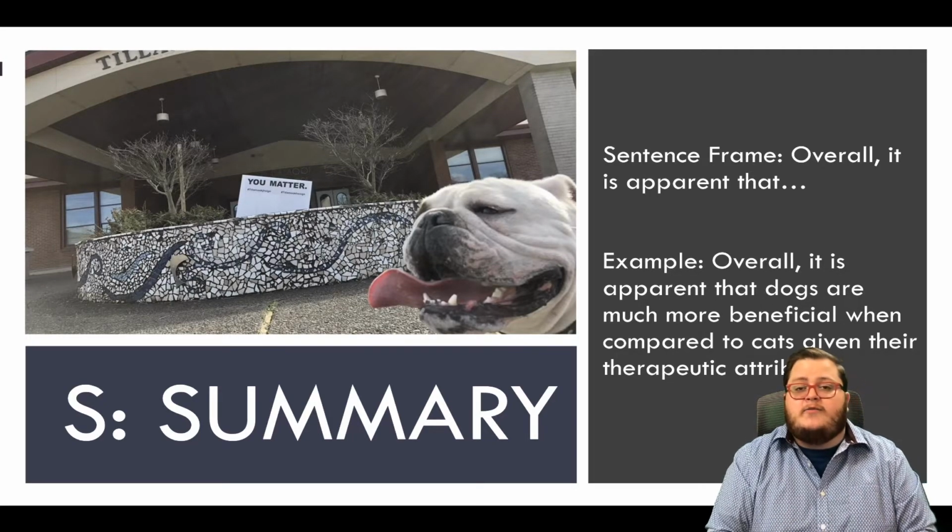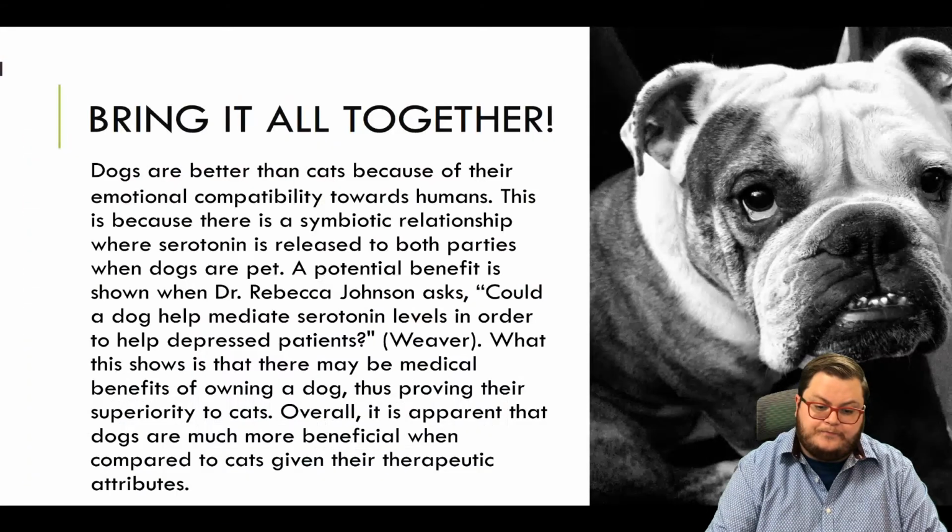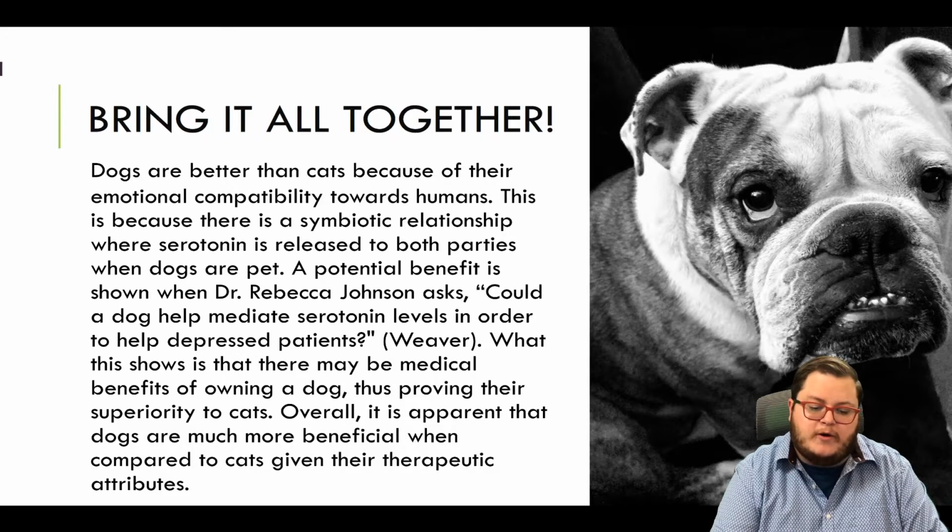Again, you can spin it in any other way. What about cats? How they have their own dependency and we don't have to take care of them as much. There are benefits to cats as well. Just whenever you're building a paper, the easiest thing to do is specify what it is. The more that you go into using both sides, it's more difficult to have your argument be built. It's not impossible, and it does work if you know what you're doing, but the easiest way is just to have an idea that this is right and the other idea is wrong. And then you have a whole paragraph that I wrote, and that helps right there. So that's just one example for